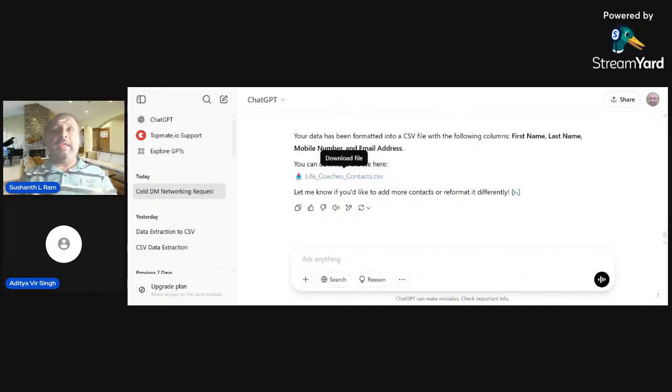So this way, you will be able to download the data and connect with the client, send them the cold DM, connect with them and have a conversation, and then try to influence them with your services and acquire the client. This is how you will be able to acquire B2B or B2C.